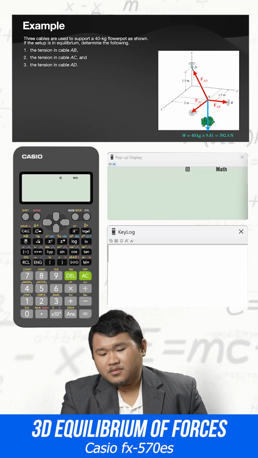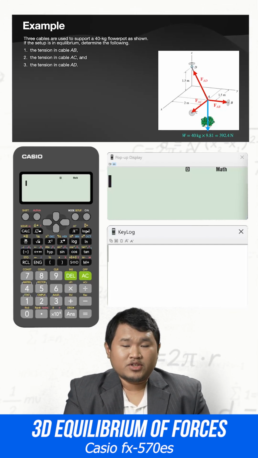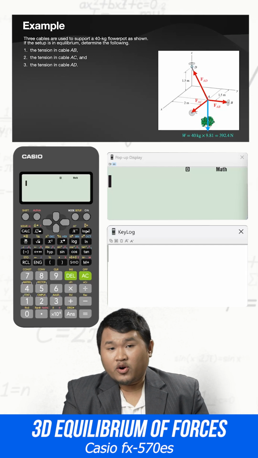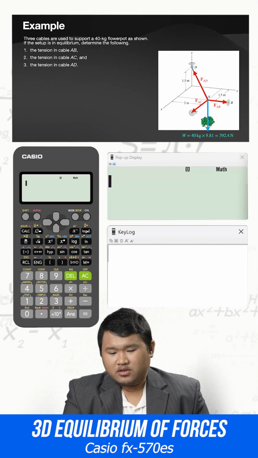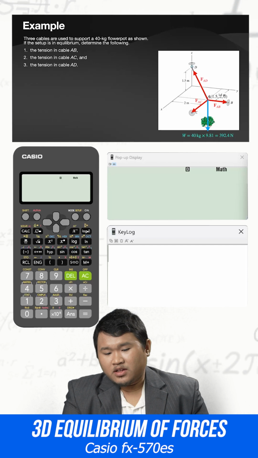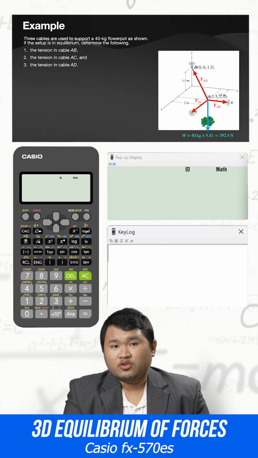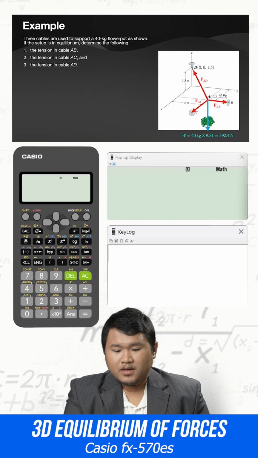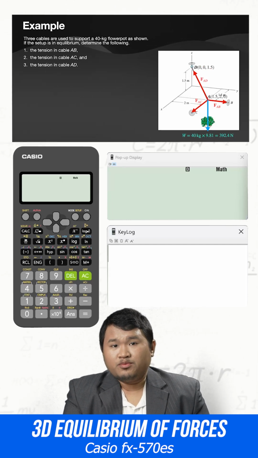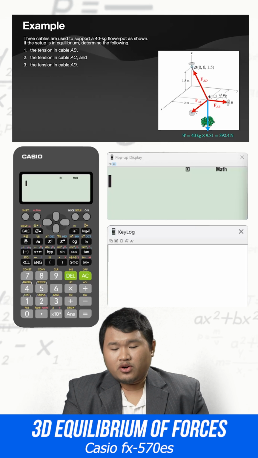applied. Next, because force on AD is diagonal, we will get the coordinates of points A and D. So for point A, it's 1.5, 2, and 0. And then for D, we have 0, 0, and 1.5, which can be determined through inspection. And once we determine the coordinates of A and D, we can now get the radius vector of the force